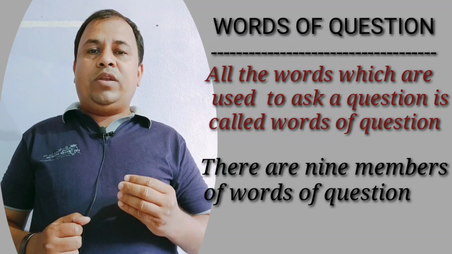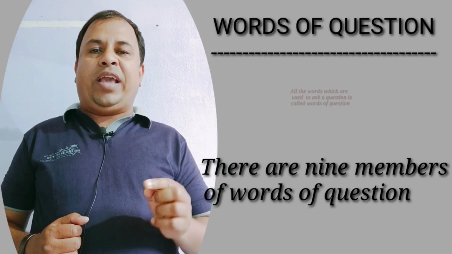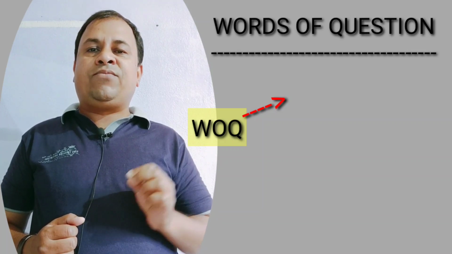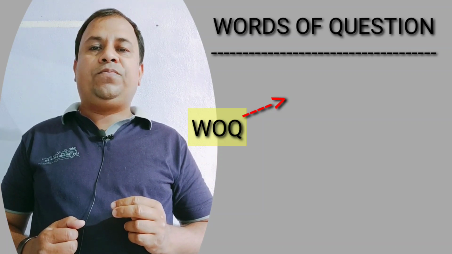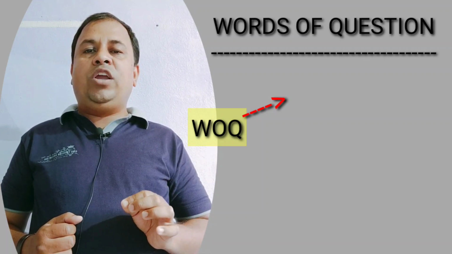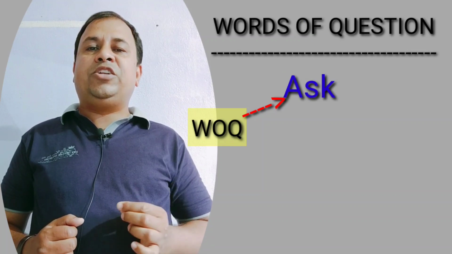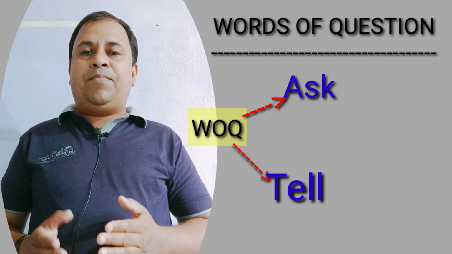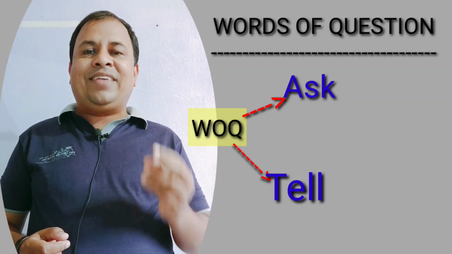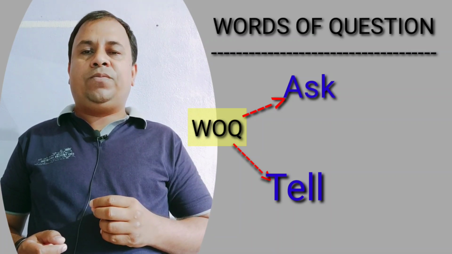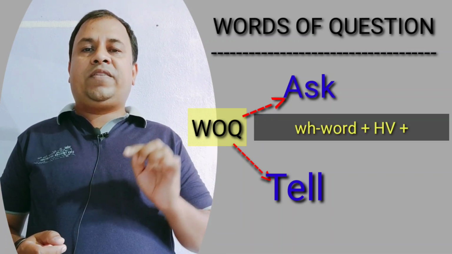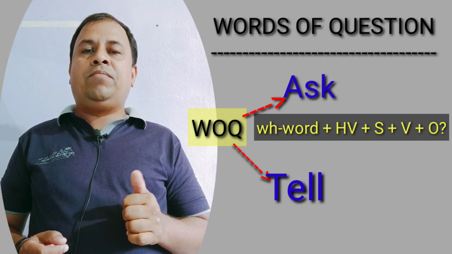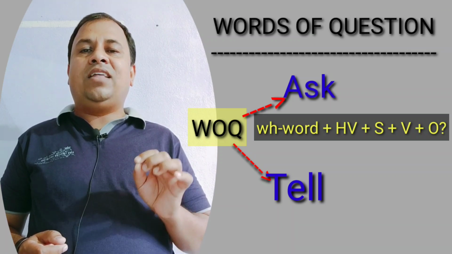According to the sentence, the verb form changes, and according to the verb form, a helping verb is attached with the verb. Now when I talk about the formula, here will be words of questions. These words of questions will make 2 types of sentence. Sentence number 1, where I am going to ask a question. Sentence number 2, where I am going to tell the answer. When we use words of questions to ask a question, the formula will be: WH word plus helping verb plus subject plus verb plus object,